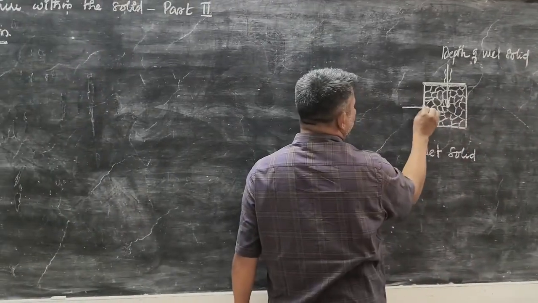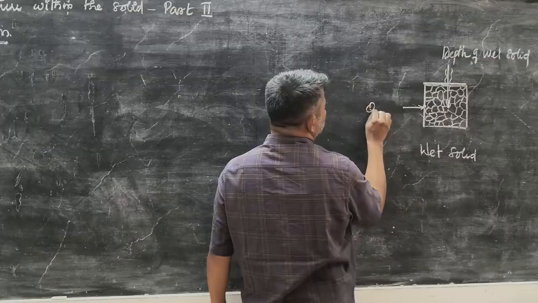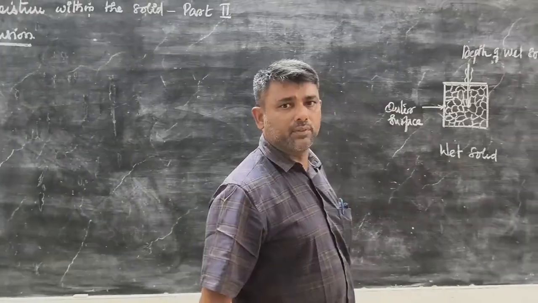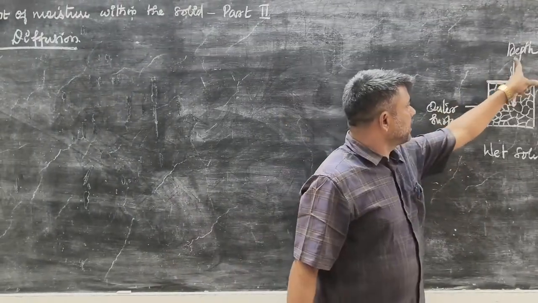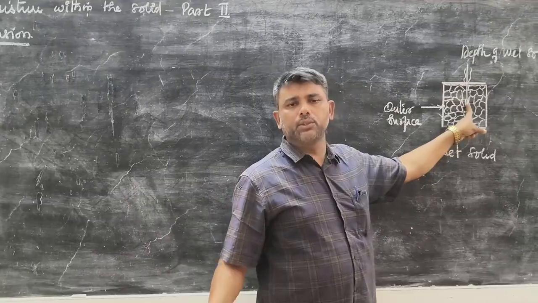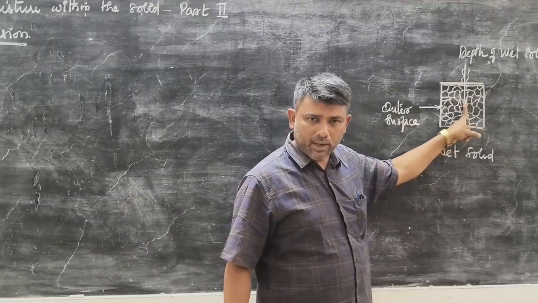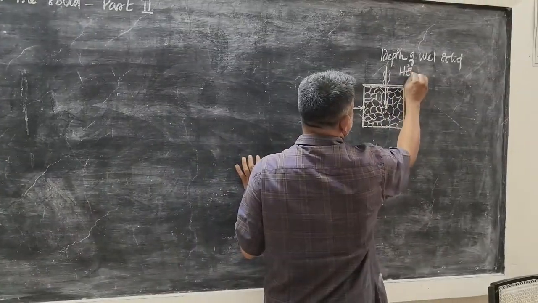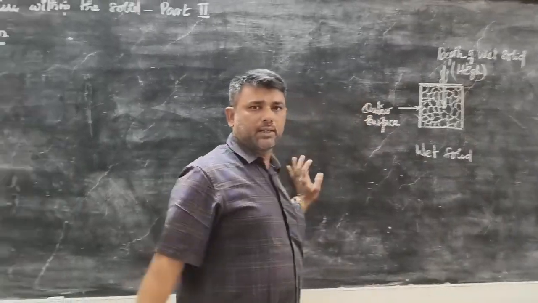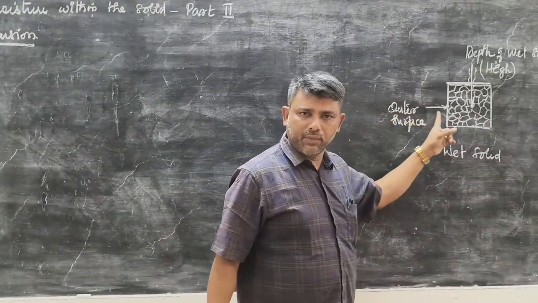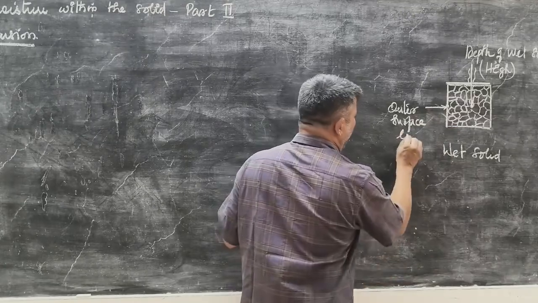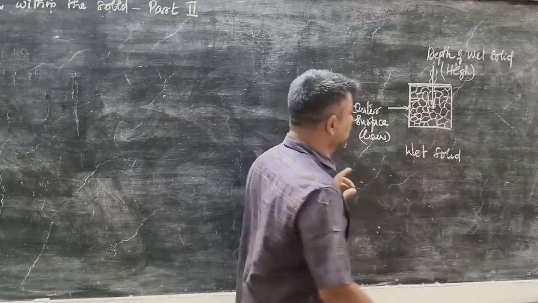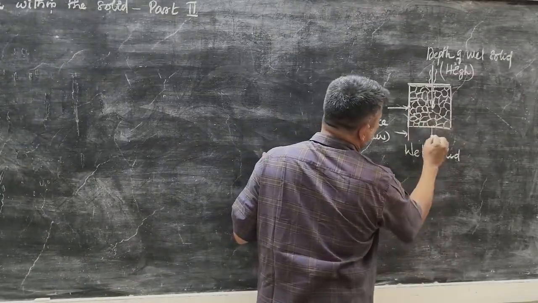This is called the outer surface of the wet solid. The moisture content in the depth of the wet solid is more. The concentration of moisture in the depth of the solid is more, a high moisture concentration. Moisture content at the surface of the solid is low, a low moisture concentration. Concentration difference with respect to distance